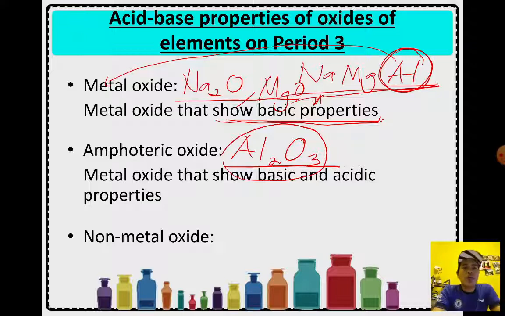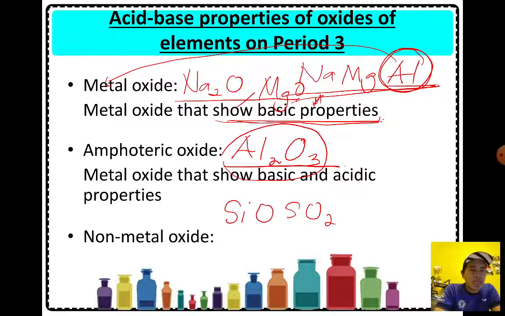Okay, kalau non-metal oxide yang semua yang di belakang tu lah, silikon oksida, silicon oxide, lagi kita ada sulfur oxide, sulfur dioxide, and then we got phosphorus oxide, and then kita ada chlorine oxide. Argon tak ada,